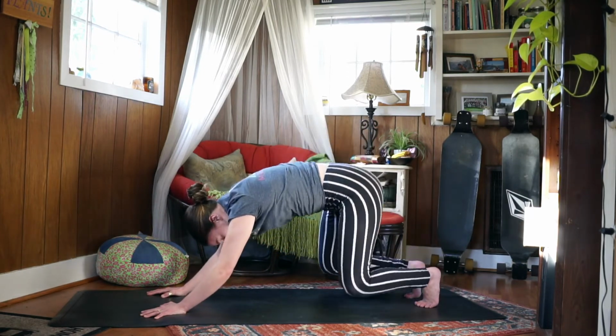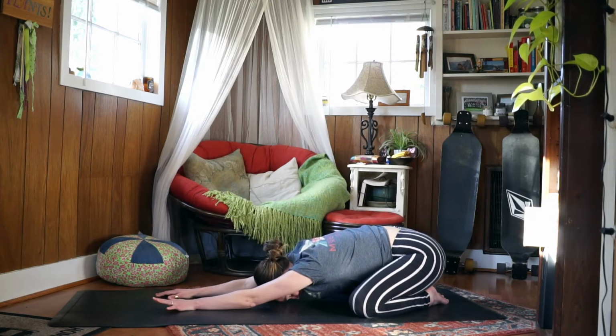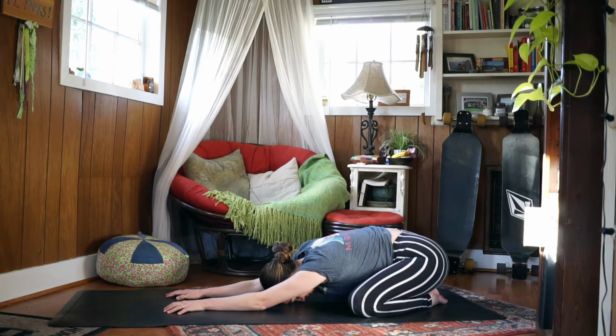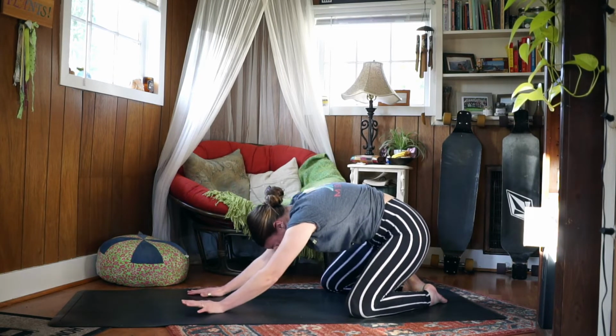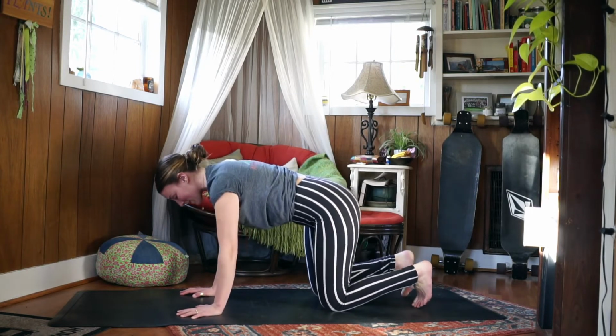Go ahead, drop your knees nice and wide. Untuck your toes and sit your hips back over your heels. Child's pose, just breathing for a moment. Good. In and out through your nose before we do our final round. Good. In and out the nose. Beautiful. Go ahead and come up into our tabletop position, bringing your knees hip width apart, tucking your toes under,